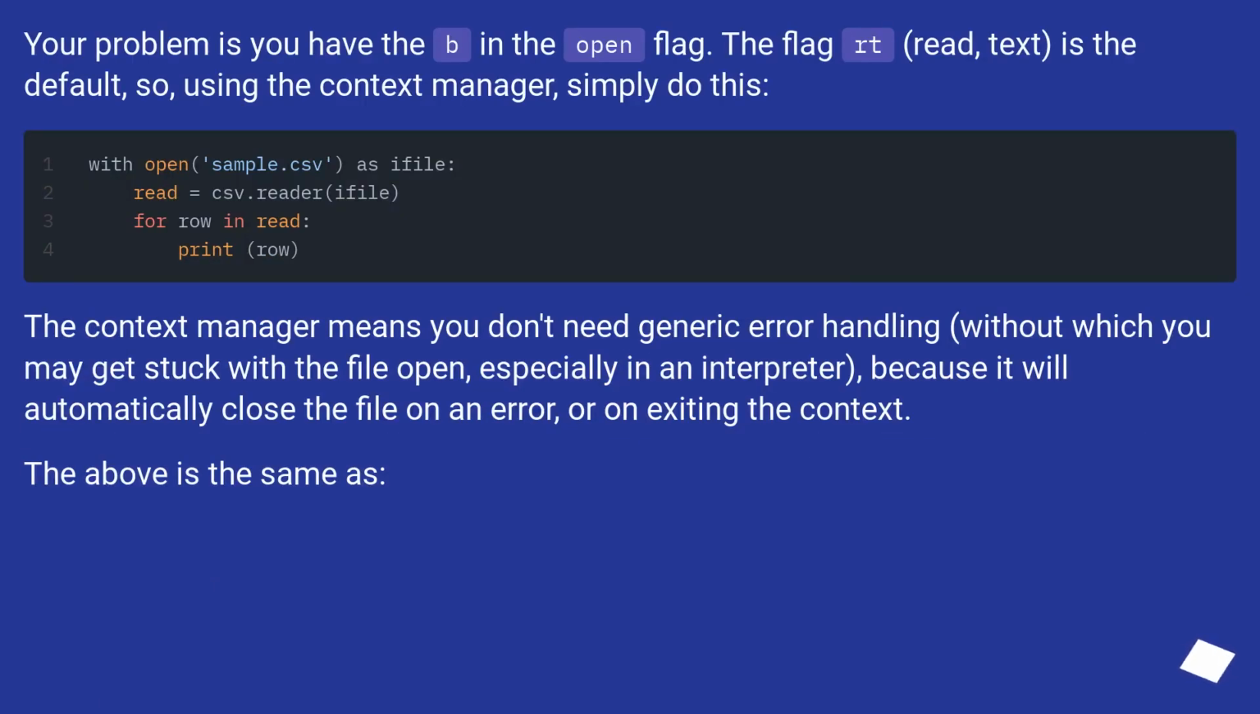Your problem is you have the b in the open flag. The flag rt, read text, is the default, so, using the context manager, simply do this. The context manager means you don't need generic error handling, without which you may get stuck with the file open, especially in an interpreter, because it will automatically close the file on an error, or on exiting the context. The above is the same as